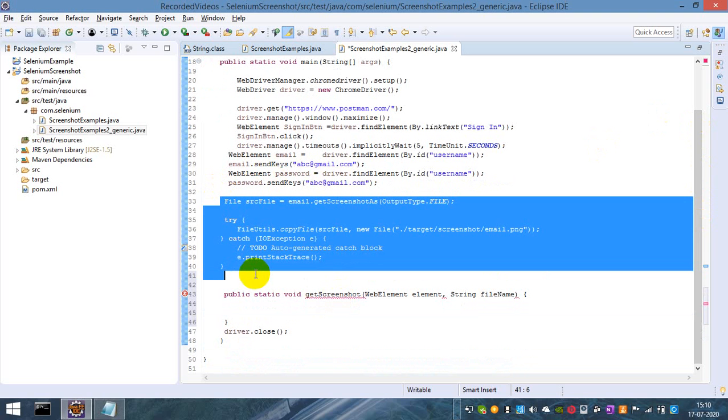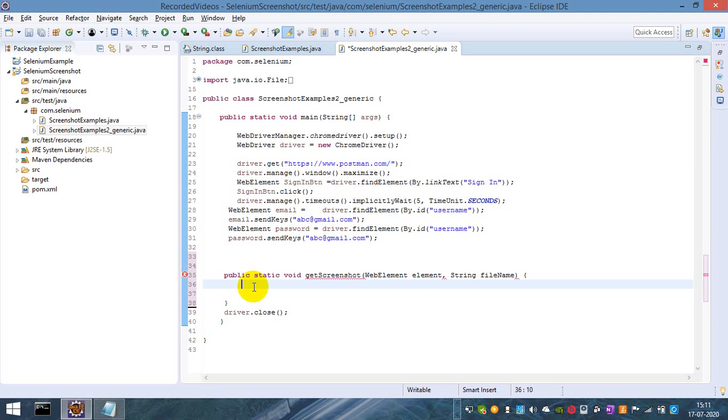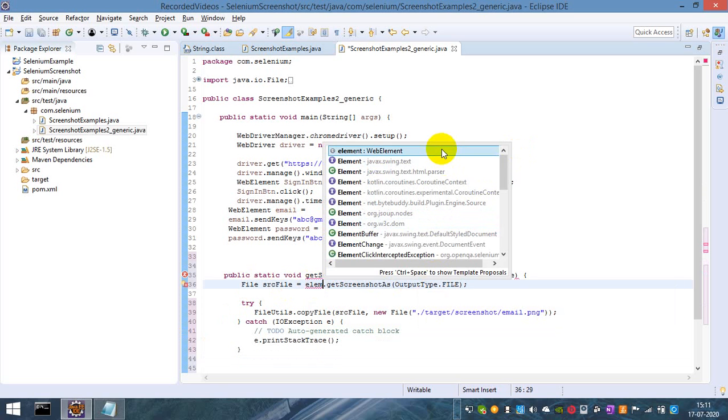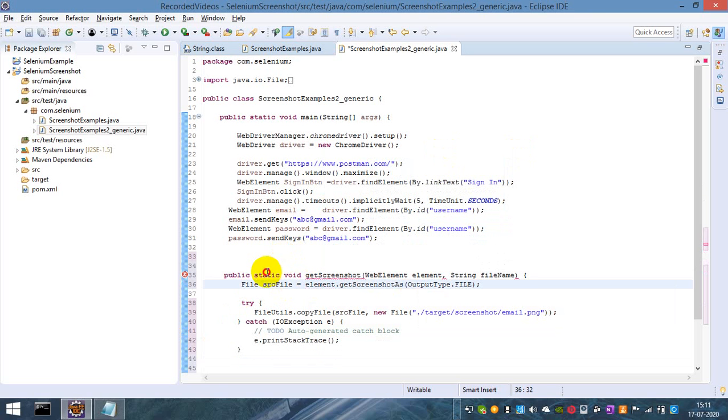So what I will do, I will cut this code and paste it over here, and instead of email I can say this web element.